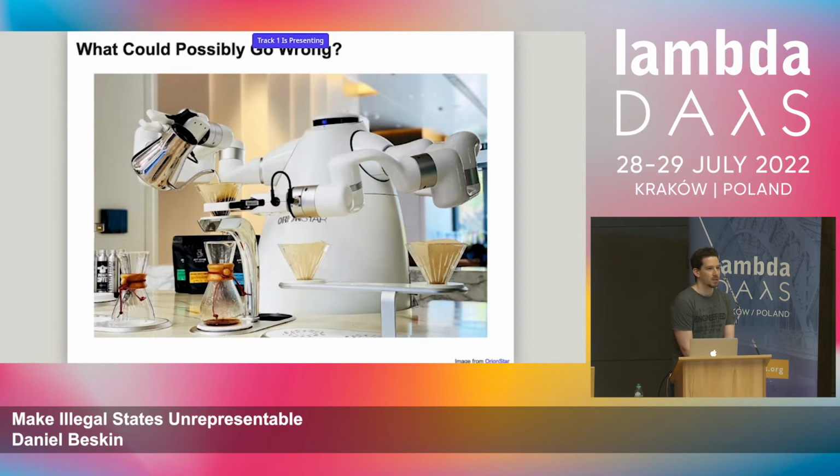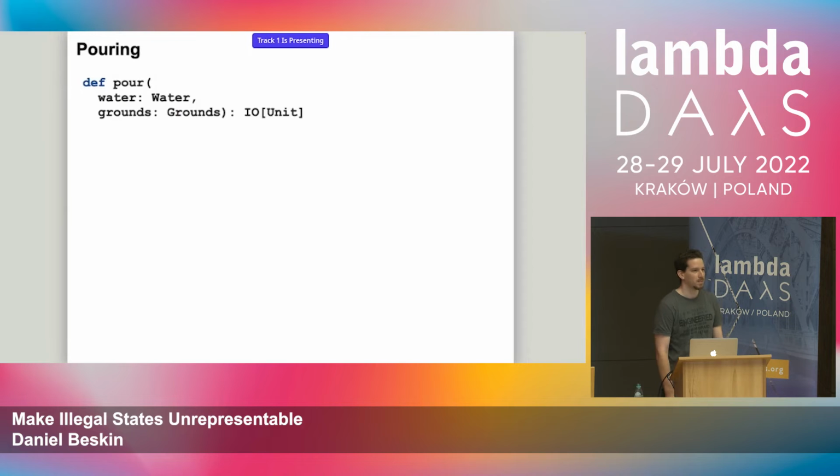So now we're back to our robot, so let's try to tackle another scenario. We successfully defeated the issue of coffee ordering. So again, apparently coffee drinkers have lots and lots of nitpicks. For example, you can't just pour any amount of water on any amount of coffee, apparently. I don't know why. That would be wrong. So imagine you have some function that does the pouring, so it takes some water, takes some grounds, and pours water over the grounds. This function can easily lead us to an illegal state. You can just choose the wrong ratio of water and grounds, and there you go. You have a wrong state, a coffee that was spoiled by too much water or too little water or whatever.